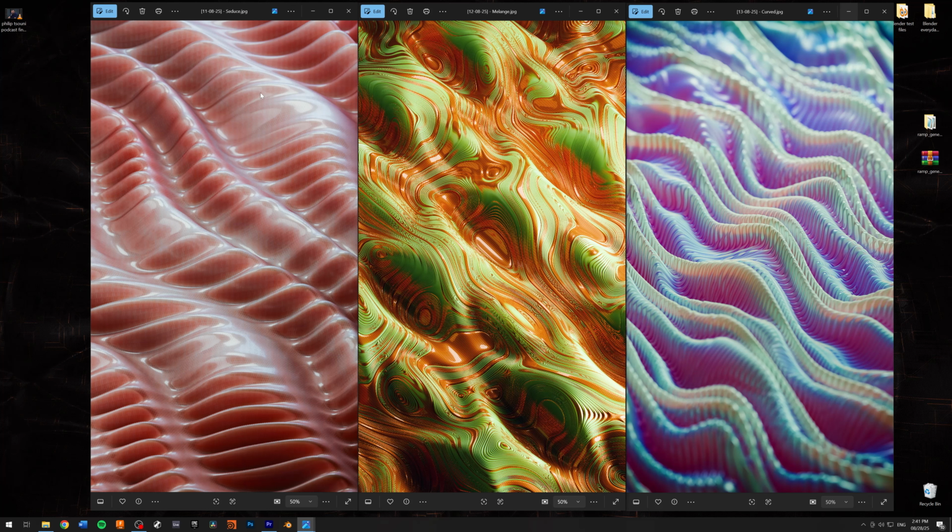Today we are taking a look at 3 new projects. So we have Seduce, Melange and Curved. For this 3-day project, I wanted to work with mostly wave displacement, but I decided to create a setup